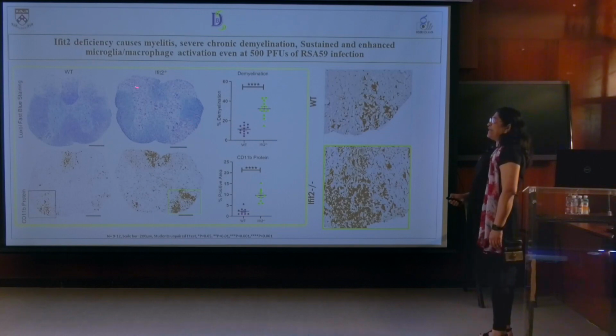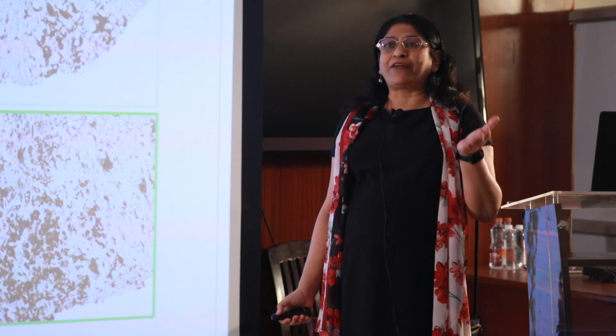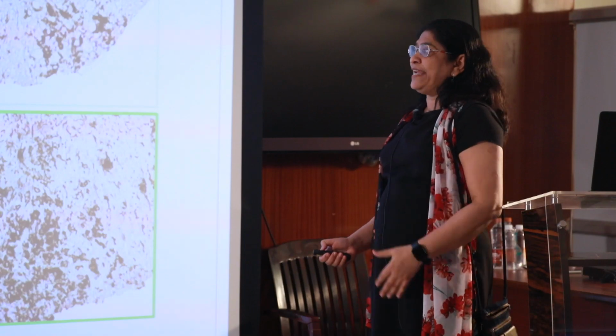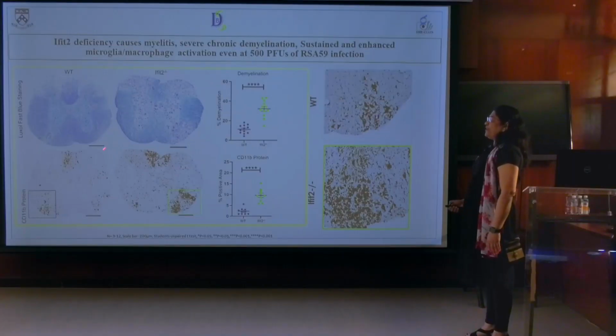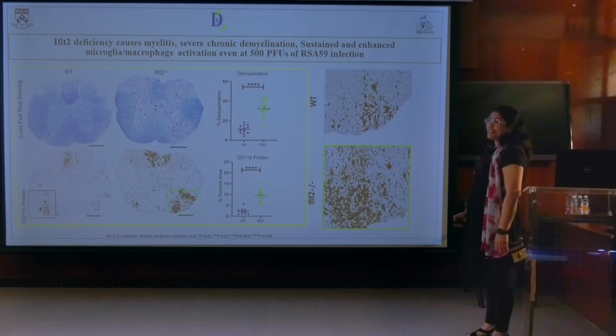Then we observed that in the demyelinating plaque there are lots of activated monocyte microglia macrophages. At the acute stage, surprisingly, we didn't see any microglial activation, but we showed that T cells couldn't migrate, and as T cells are not there, these monocyte microglia macrophages could not switch from a pro-inflammatory to an anti-inflammatory condition, and the phagocytic macrophages are still present. Compared to wild type, you can see a large number of phagocytic microglia macrophages sitting there.